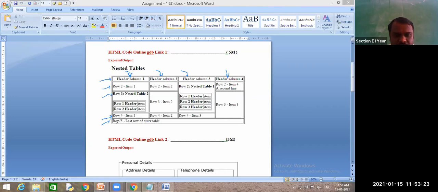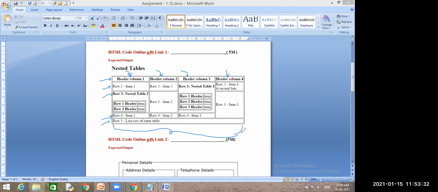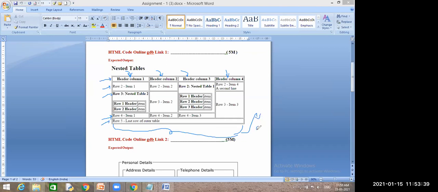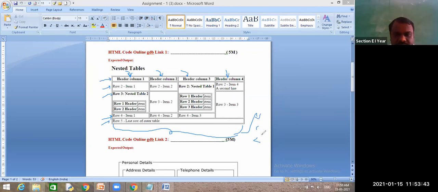But when you go to the fifth row, how many columns is it combining? 4 columns. Which span is it? Col span. So when you go for this row, you have to write only one table data. You do not have multiple table data. You write only one in that row, and the remaining all will be assigned with this one. Next step. This one is the same.